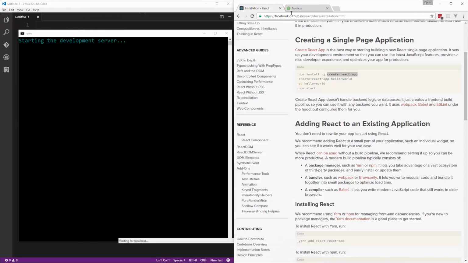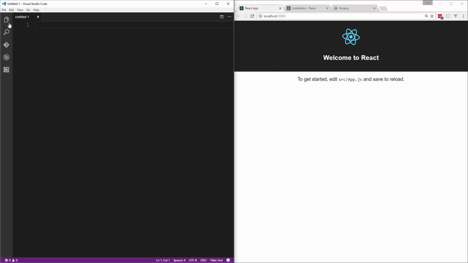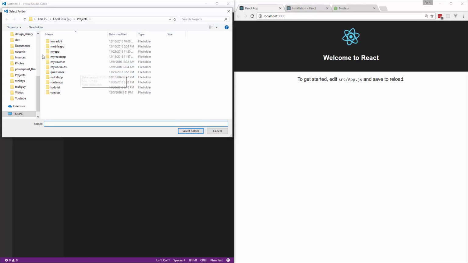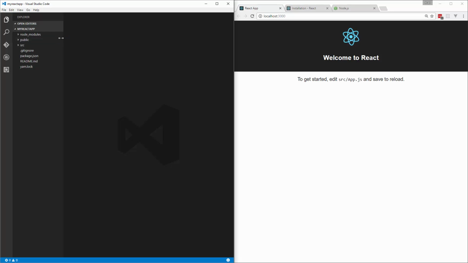Alright, so that opened on a different window. There we go. So that's our starter React app. Again, we're not into React Native yet. This is strictly just React.js. So I'm going to open up the folder in my editor here, my-react-app, and I'm using Visual Studio Code, which is a free open source editor, which is really nice, has a lot of features,